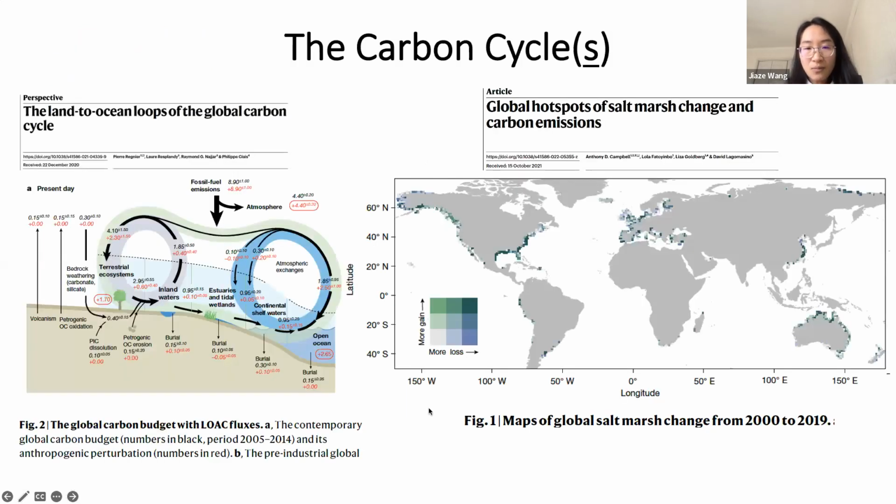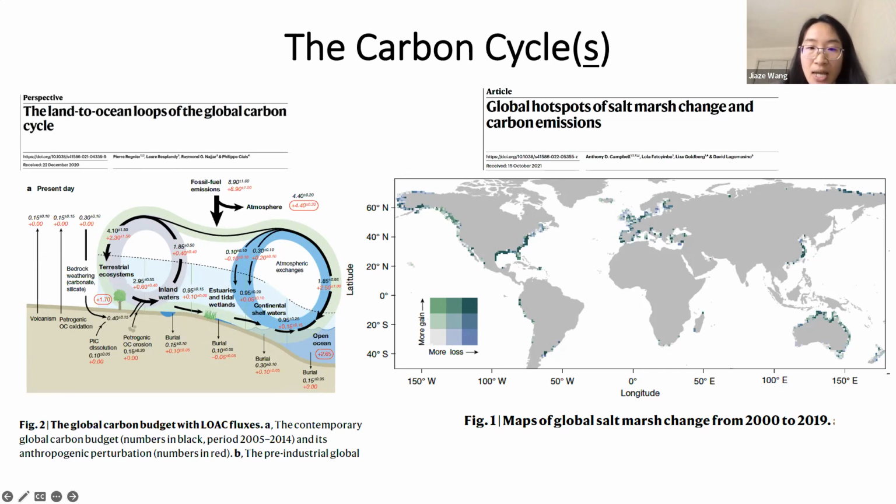So these are two of the most recent studies about the carbon cycle at the global scale. The figure on the left shows, from the land to ocean aquatic continuum, how each system contributes to the carbon cycle. And you can see the estuary and tidal wetlands here. The right number means the anthropogenic impacts on the carbon cycle, so it's changing from present day compared with the pre-industrial